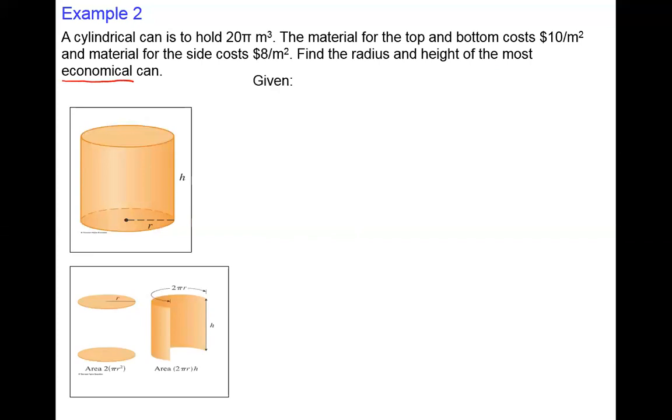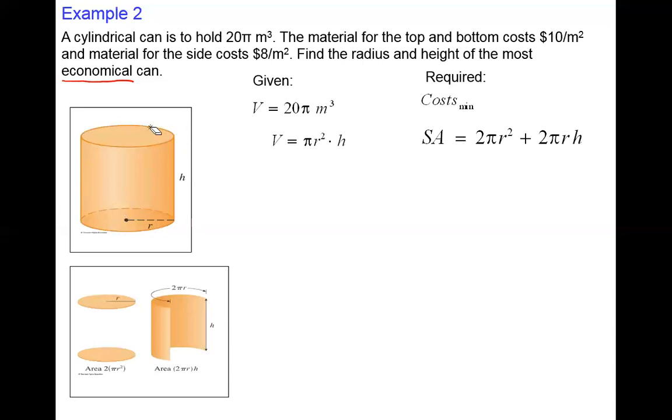Okay, that means the given information is the volume, and I know that the formula for the volume is the area of the base, pi r squared, times h. Excellent. And the required information is cost. We have to minimize the cost. First of all, I will start with the surface area. Let's see how this